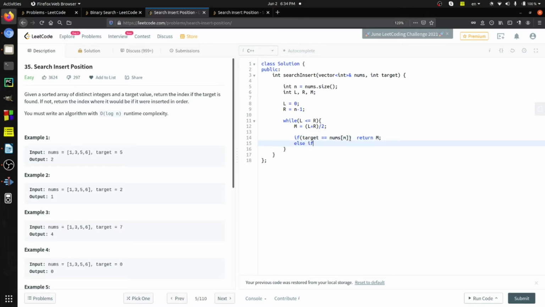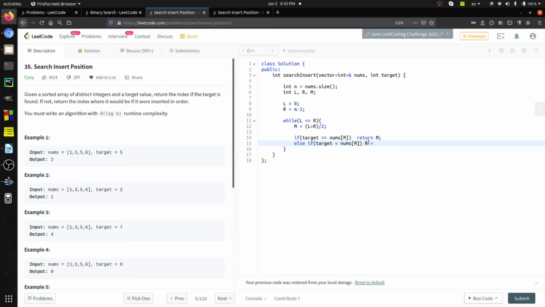Else if target value is less than nums of m, capital M, here also capital M, then we will update our right pointer. Okay, remember, if it is less than, then the target value should lie between the left pointer and the mid pointer.